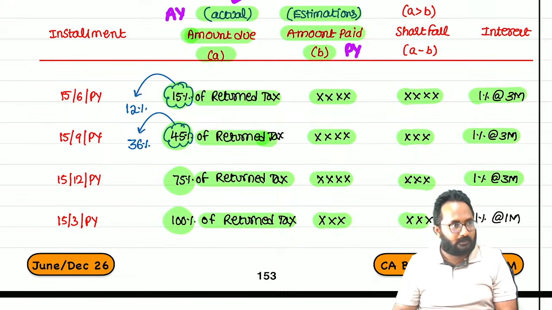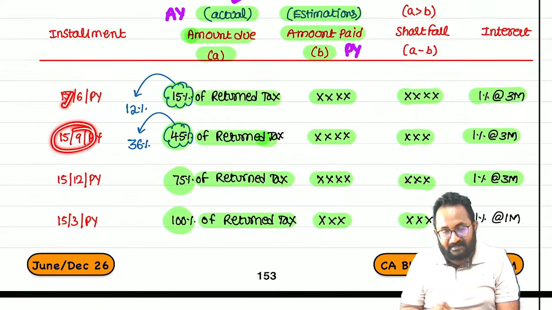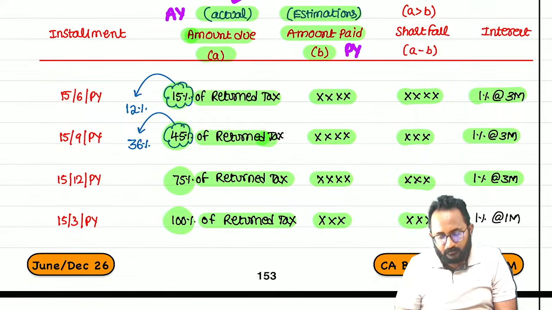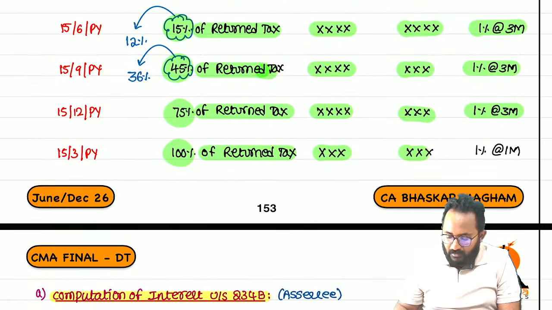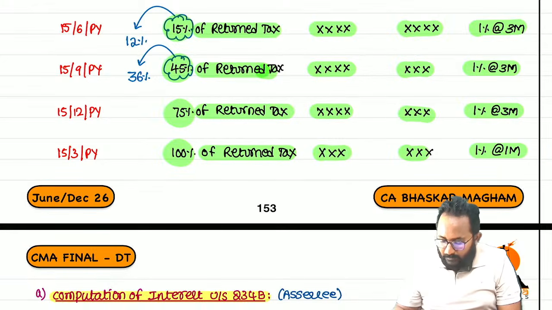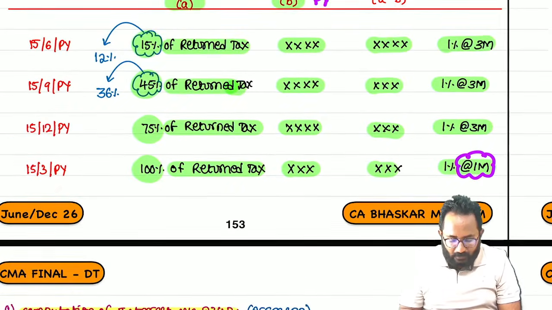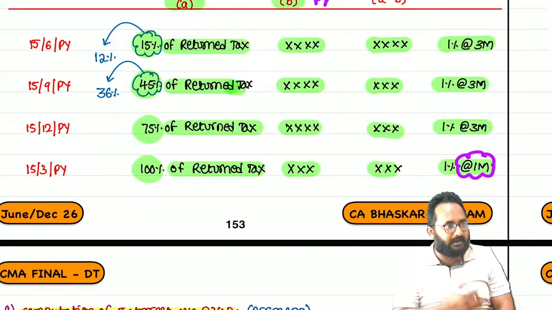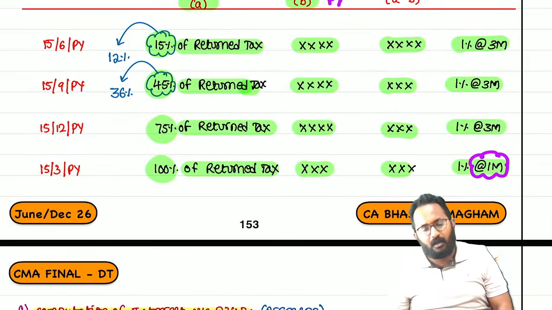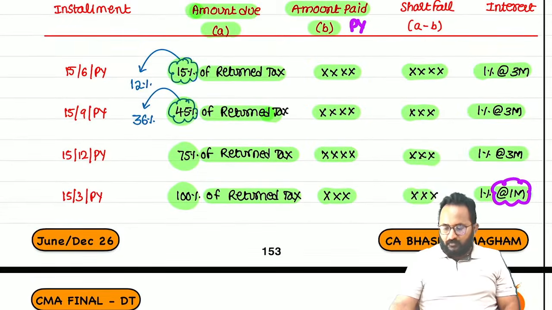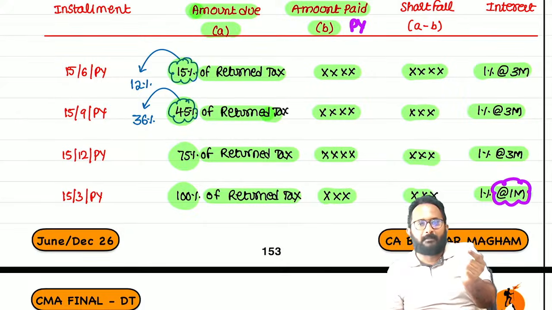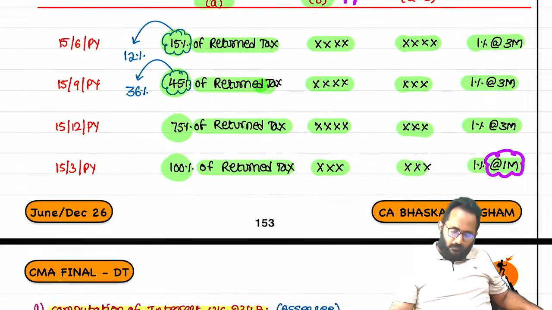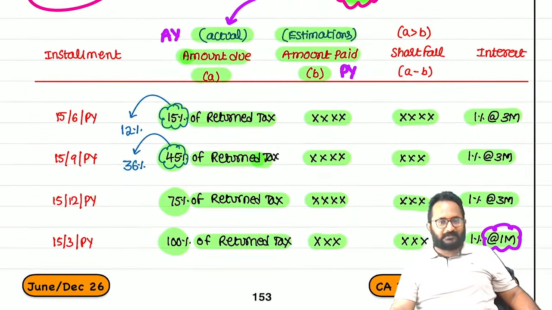3 months. Because if you deferred here, you can pay the next in those 3 months, right? So that's why 1% for a fixed duration of how many months? 3 months. But here clearly they are saying last installment only how many months? 1 month. Because if you missed here, at any cost you have to close in the previous year only. Part of a month is considered as what? Full month. Understood? First 3 installments, 1% for 3 months. Last installment, 1% per 1 month. So finally if you add it, you will get the 234C interest.